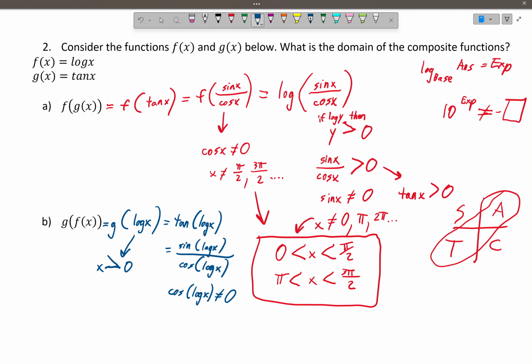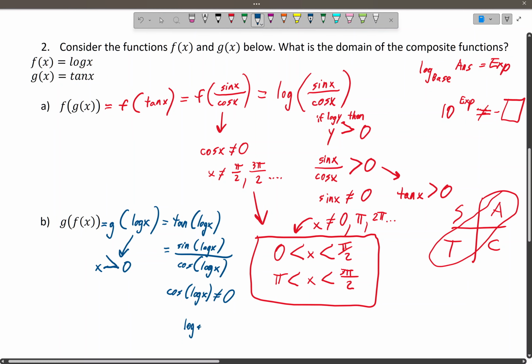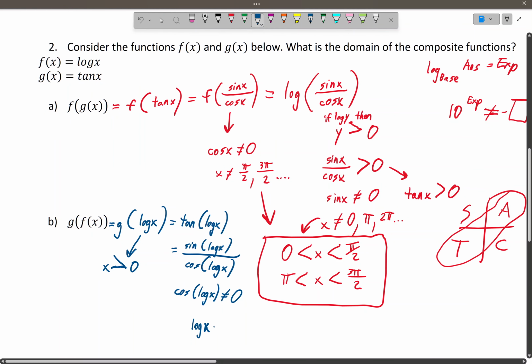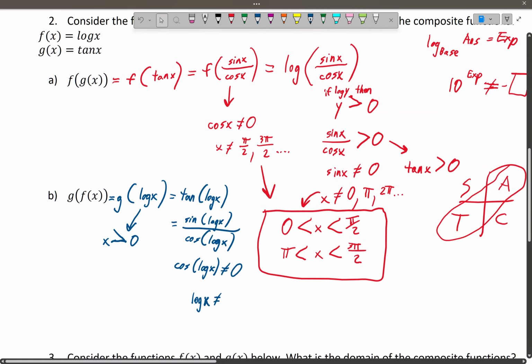Whew. All right. So if we want this to not equal 0, we have to solve for x here. So what we can say is, looking inside the cos function, log x cannot equal